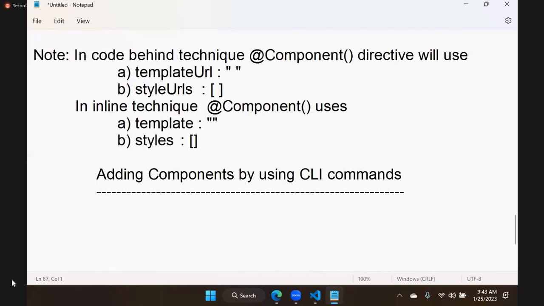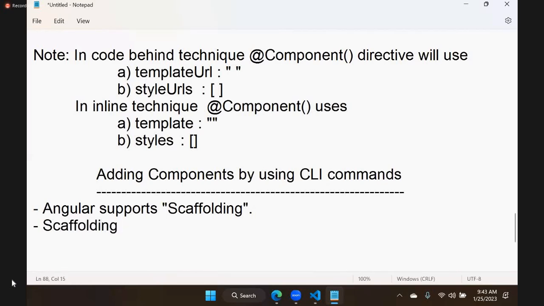What is the advantage of this? Angular supports scaffolding. Scaffolding is a technique